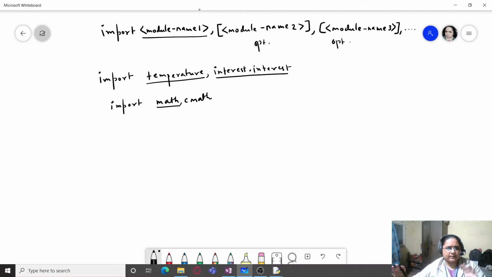That is, math is used for all mathematical operations, and CMath is used for all those mathematical operations which are performed on complex numbers. So all you have to do is just qualify the member of that module with the name of the module.